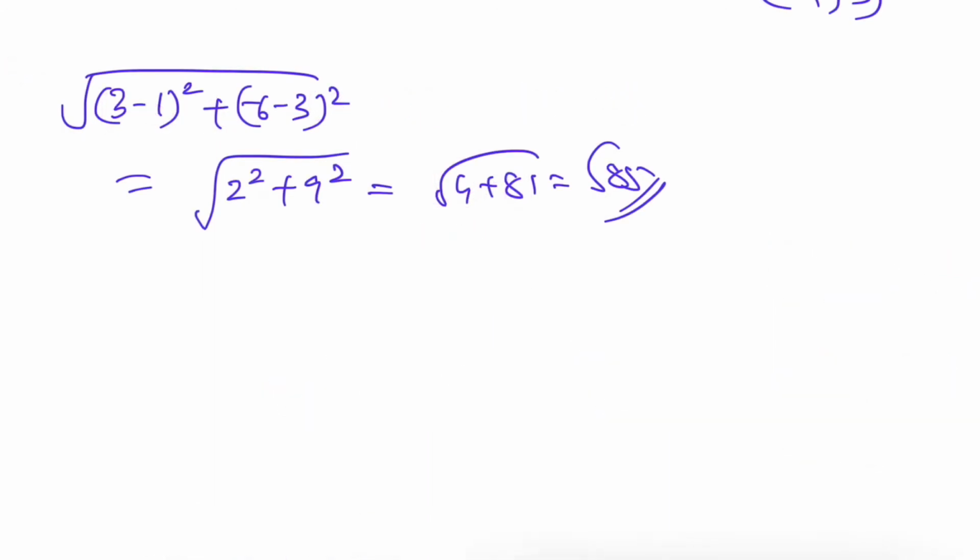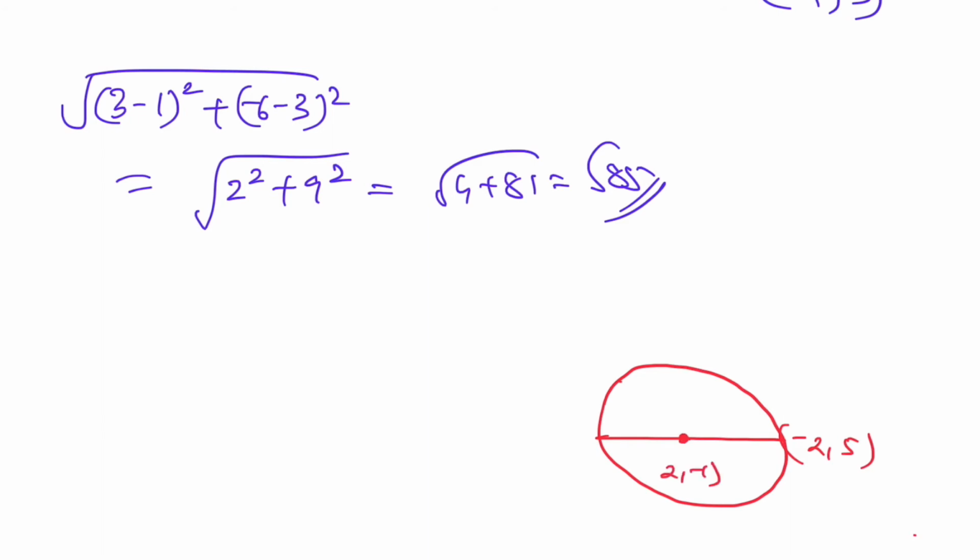Hope it's clear. Now coming to the next question. Can we do the 9th question now? Okay. One end of the diameter of a circle is (minus 2, 5). So question number 9 it is. Not a proper circle I have drawn. So one end is (minus 2, 5). Find the coordinates of the other end if the center of the circle is (2, minus 1). So this will be A, B.